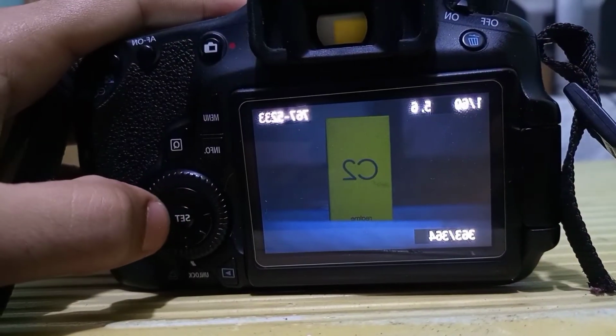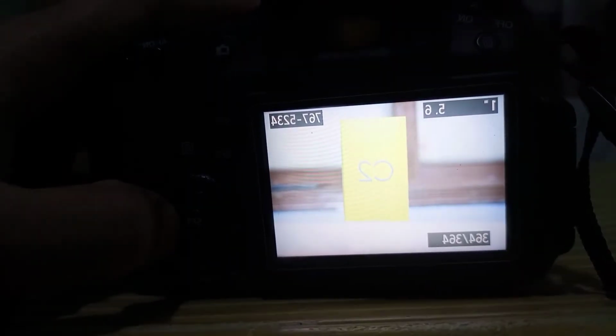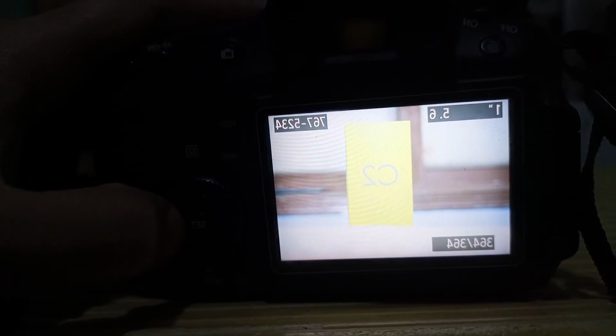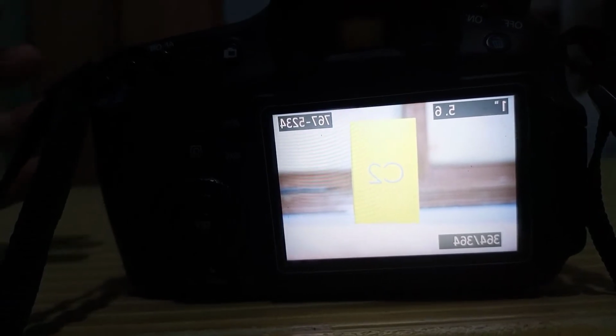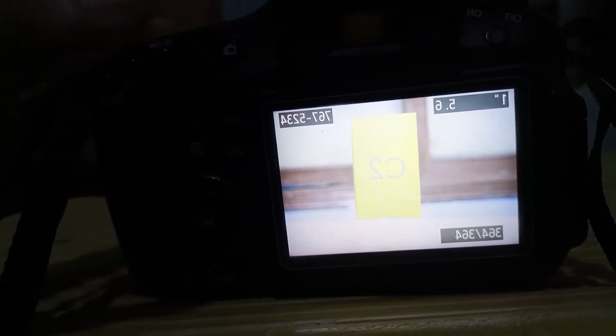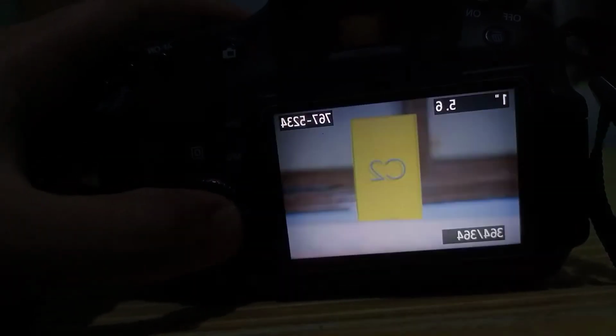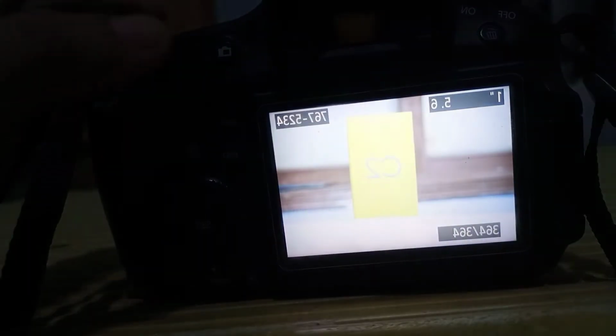Here you can see this one, and the last one. This is much darker and this is much brighter because I gave the camera 1 second to take the picture, and in 1 second much more light entered my camera sensor, so my picture is brighter than the last one. Without changing the ISO setting, my ISO is at 200.